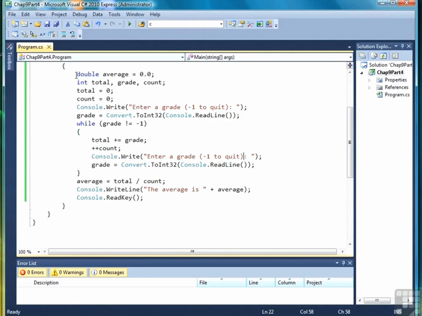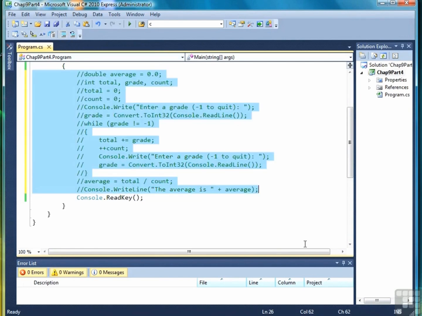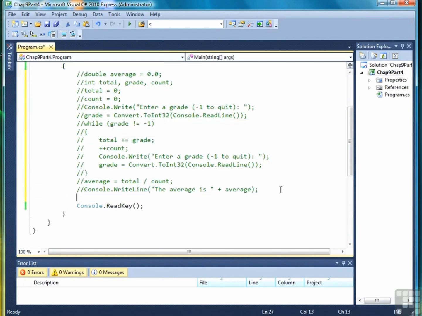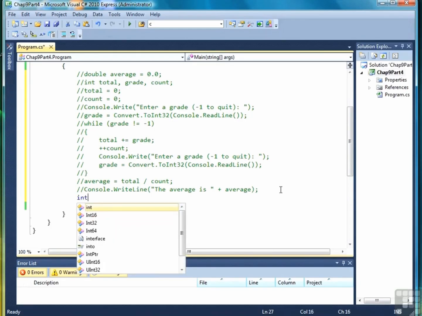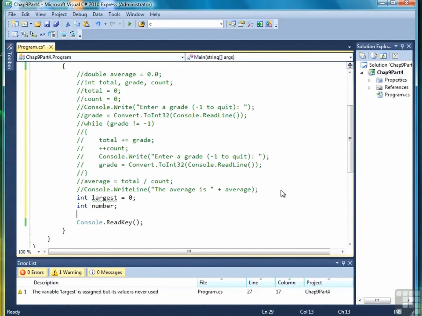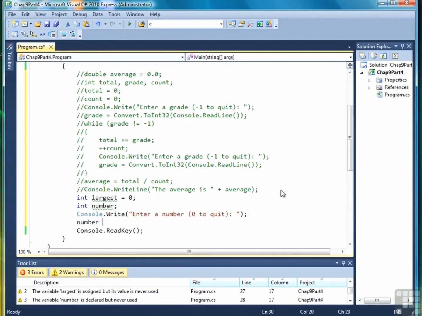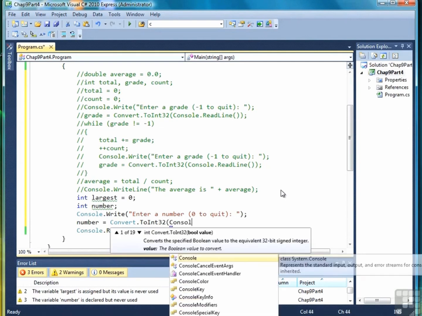So let's look at one more example of an event-controlled loop with numbers. Let's comment out our code from before, and then we'll work right below it here. Let's have the user enter a series of numbers and then determine which one is the largest while the user is entering the list of numbers. So what we're going to do is create a variable called largest and set it to 0. Then we'll also create a variable number. And then we'll say Console.Write, enter a number, 0 to quit, and then number equals Convert.ToInt32, Console.ReadLine,